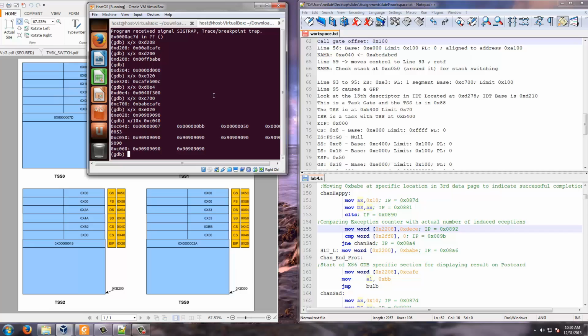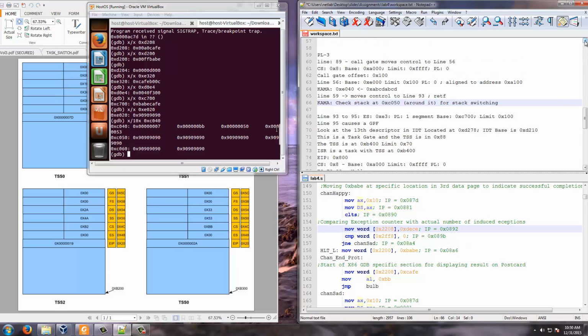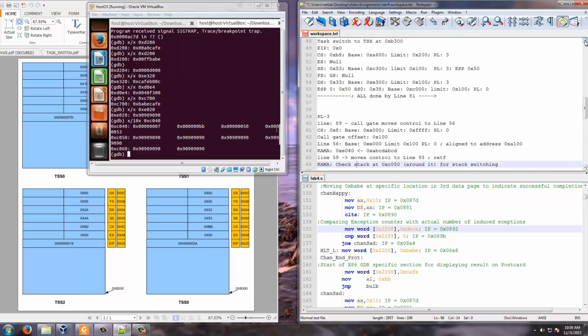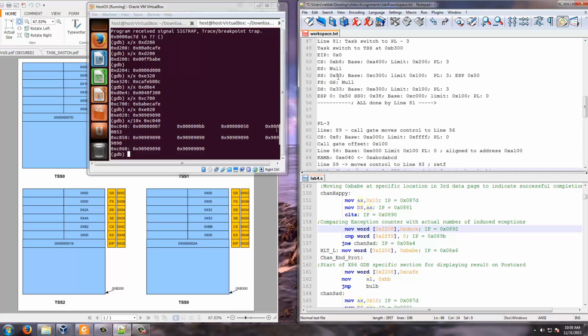Right? And then let us go forward and see what. Now again, when we did that call gate, the stack around this C050 was actually doing that. So it is using that stack, which is to be used always here. Though the original stack was in